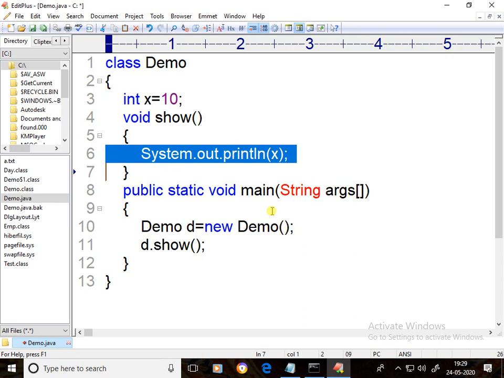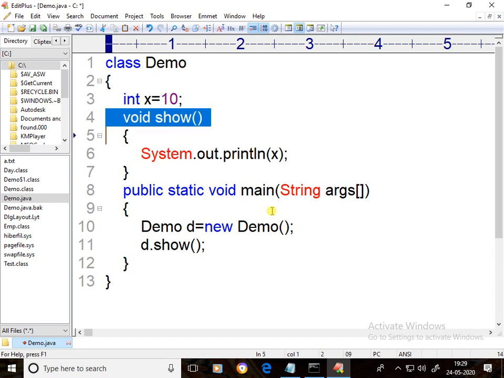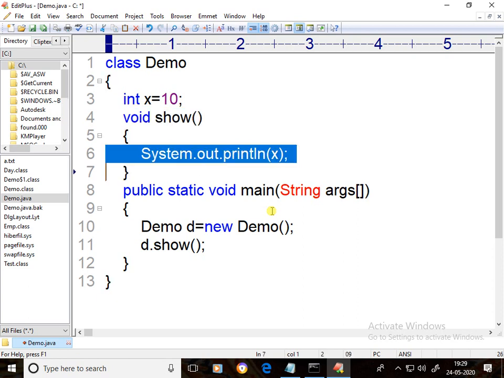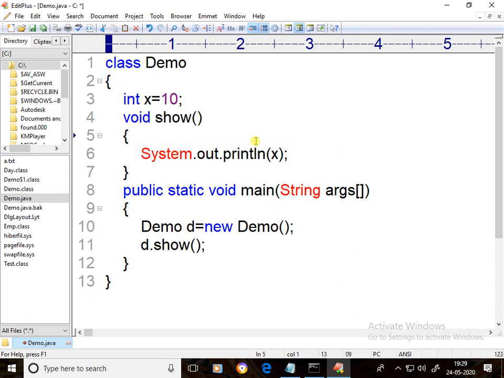But where is the this keyword? It is implicitly present in an instance method because show is an instance method. That's why it is implicitly present here. So if I write System.out.println(x), that is nothing but implicitly this.x.